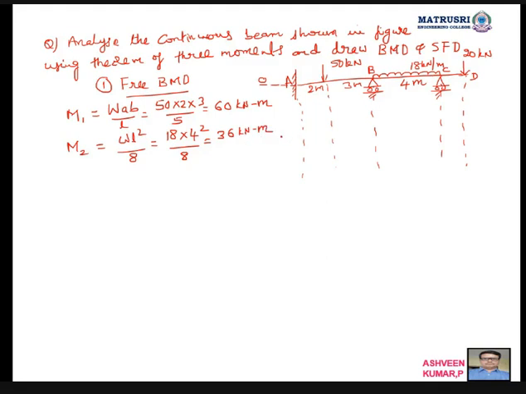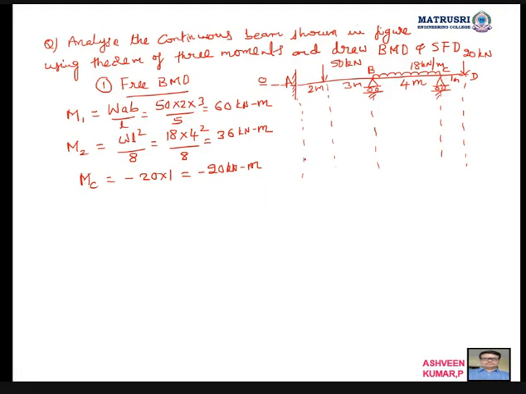Now, what is the extra thing we are doing here is, we will take moment about C, we will not take it as 0, we will take it as 20 into 1 meter, given. So 20 into 1, clockwise; from this side clockwise is negative. So I will write here MC is equal to minus 20 into 1, minus 20 kilonewton meter. So instead of writing 0, if this overhanging portion is not there, then you should have written here 0.